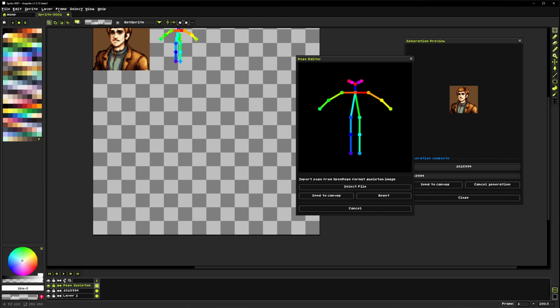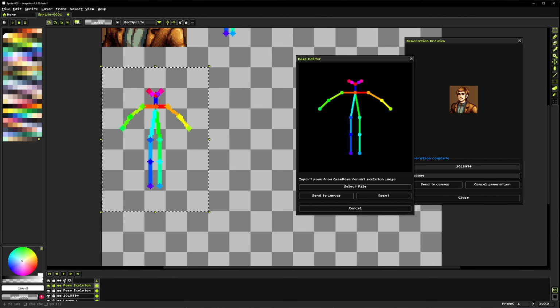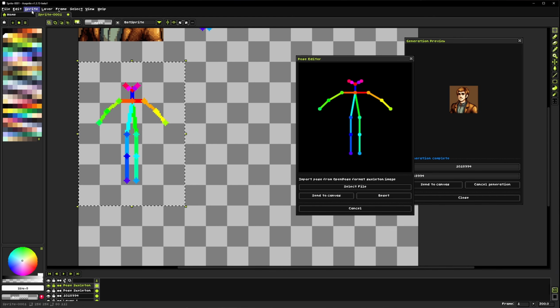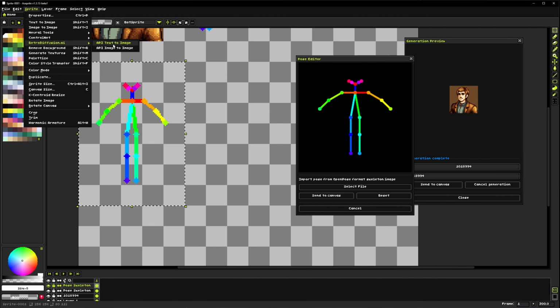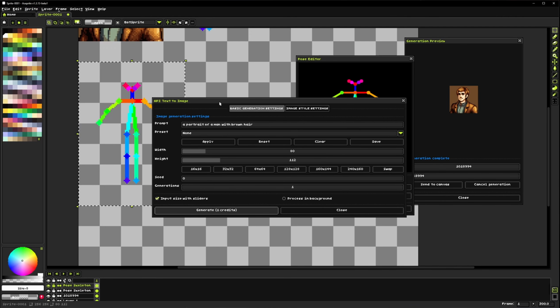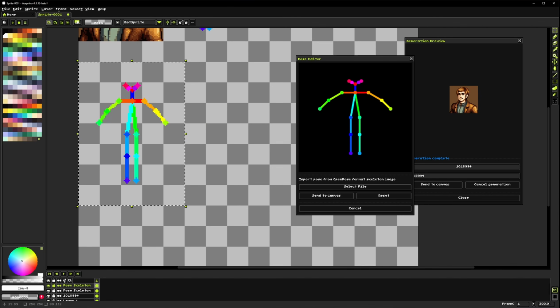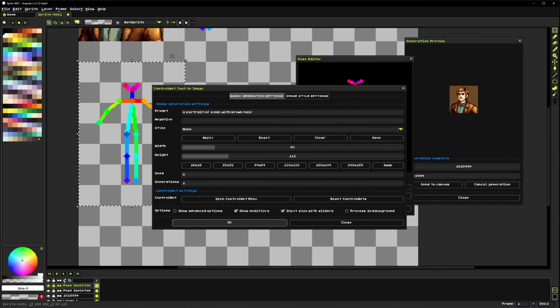So if I've got a pose of a guy, let's make a selection like that. It's going to send that to the canvas. It'll change the proportions of the model to fit that space that you're sending it to. So now if I go back to text to image here, or sorry, that's the wrong thing. If I go to ControlNet text to image,